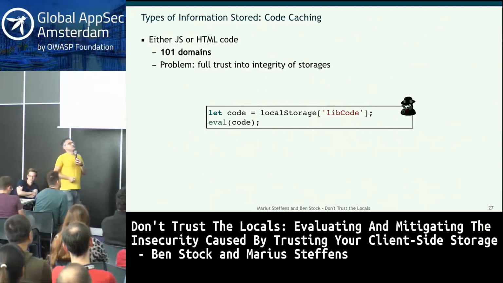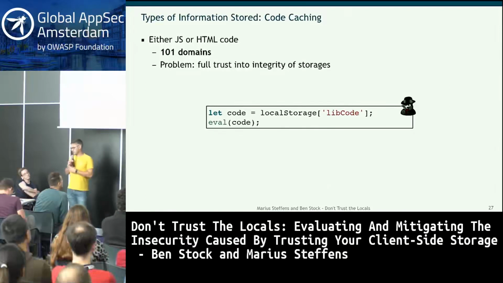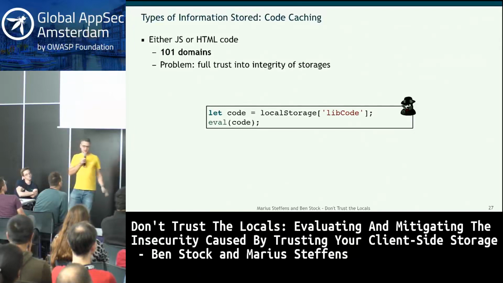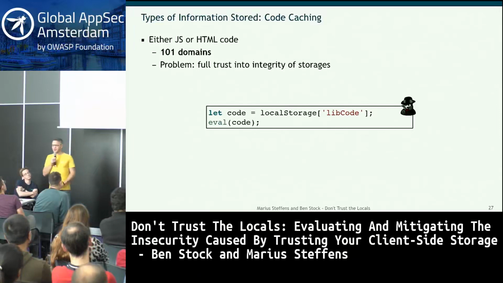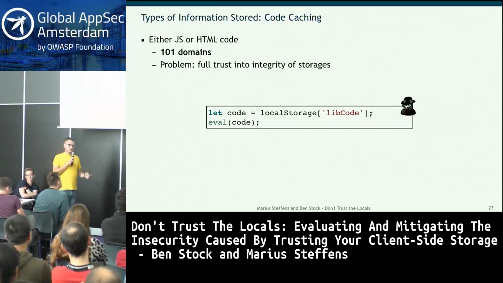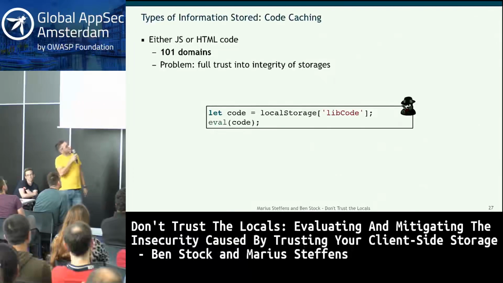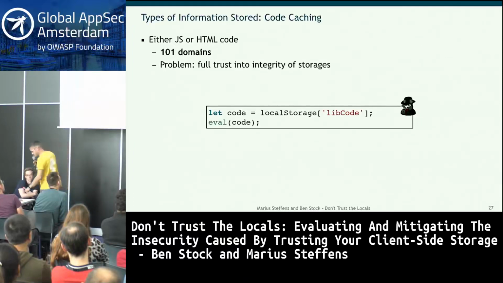And also, if you think about the thing that Marius said about the network attacker, right? If you are here in a public Wi-Fi, you might not do certain dangerous things, right? So you say, okay, now this is an untrusted network, so what I will do is, I will not log into Facebook, right? This is dangerous. Somebody could be tampering with me. However, if we manage to infect your machine here and you go home, you feel very safe, right? And if then all of a sudden our code is being executed here from local storage, you are going to be screwed at home and didn't even know when you got infected in the first place.